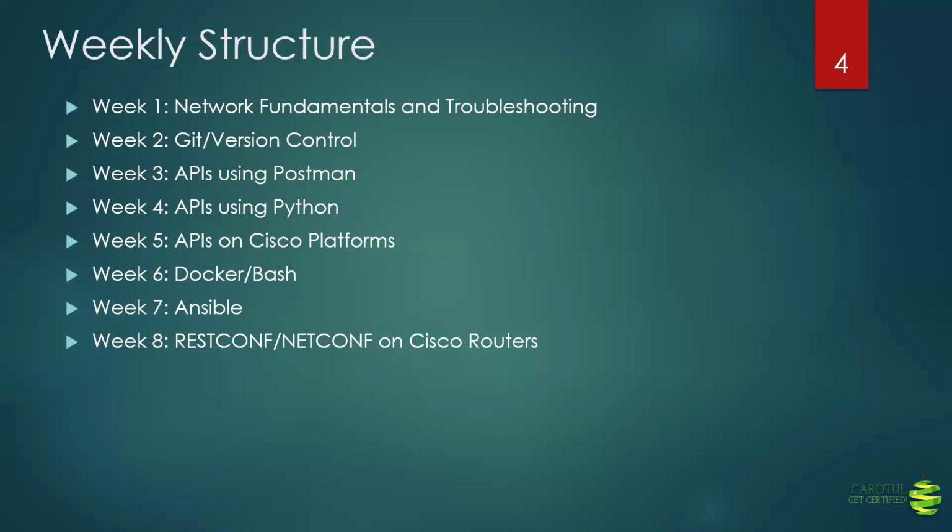But this is programmability, because you have the capability of programming the device from a remote location. Programming can mean retrieving the information or changing the information. But if you really want to introduce automation to this programmability, then you need a programming language like Python, so that you can put the same API calls into a Python script and then initiate it by just executing the Python script. So we are going to introduce the Python language and create some example Python scripts in week number 4,